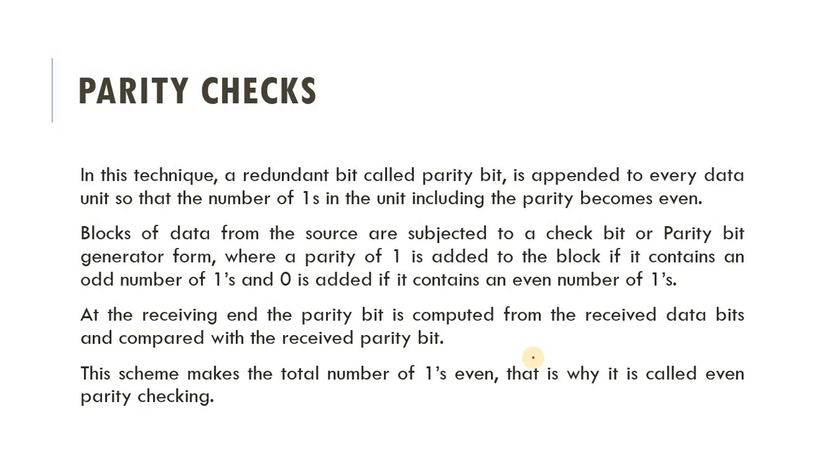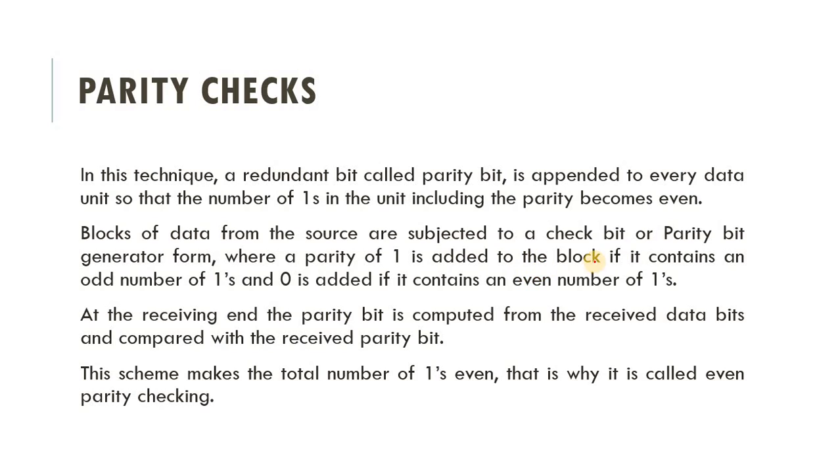Blocks of data from the source are subjected to a check bit or parity bit generated from them, where a parity bit of 1 is added to the block if it contains an odd number of ones, and 0 is added if it contains an even number of ones. So here, if the total number of data bits becomes odd,